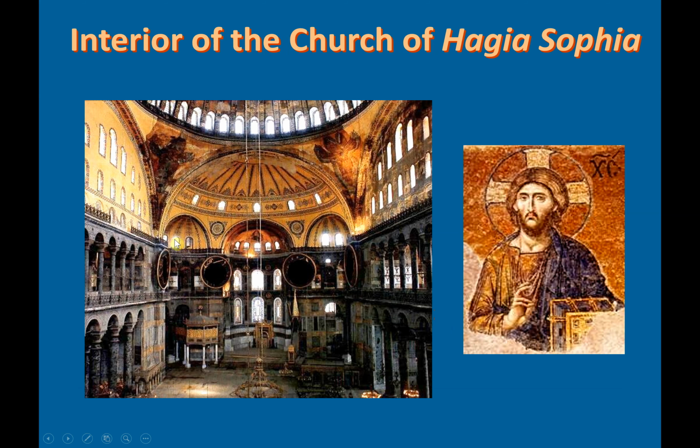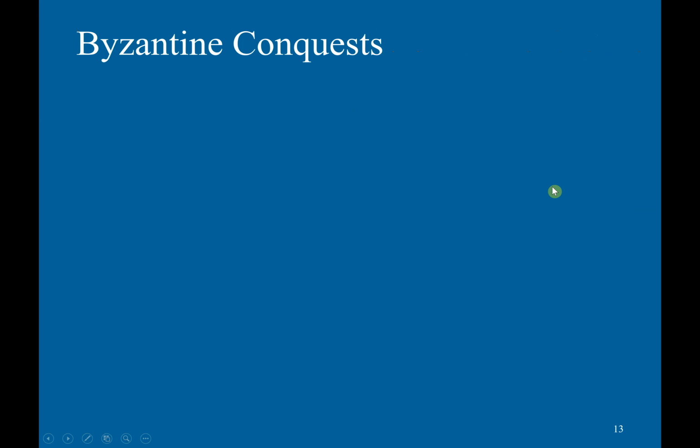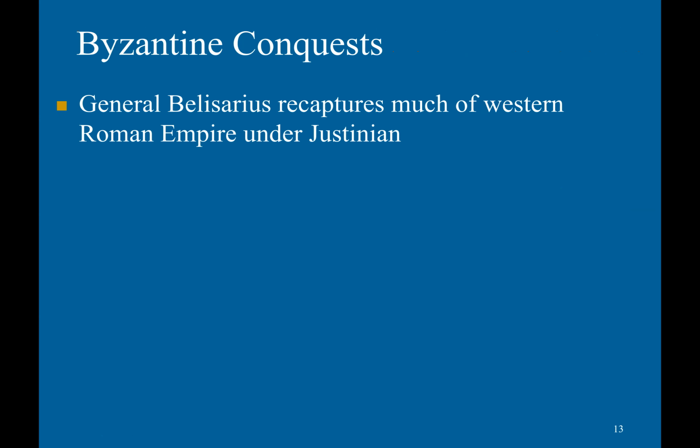When the Ottomans took over Constantinople in 1453, they converted Hagia Sophia into a mosque. So they removed all the Christian murals and images and replaced them with Arabic inscriptions and vegetative lines. However, when it was still a church, it would have had images like the ones here. Like I said before, Justinian actually managed to reconquer some Roman territories, thanks to his general Belisarius.